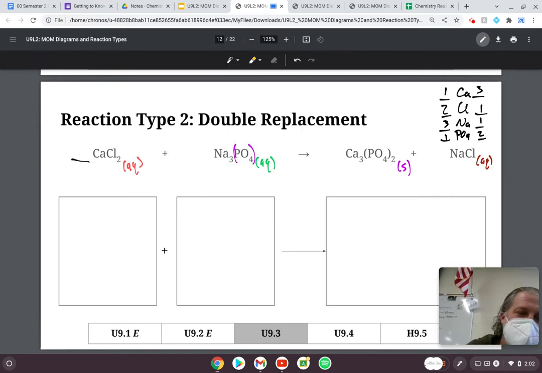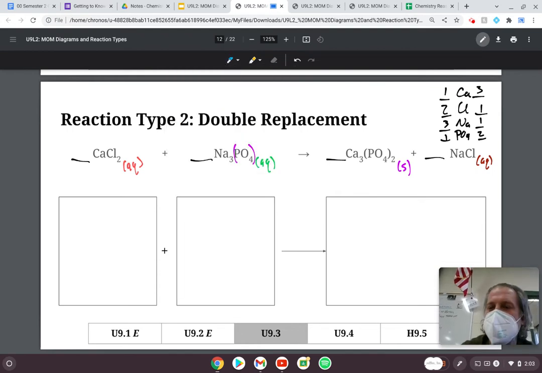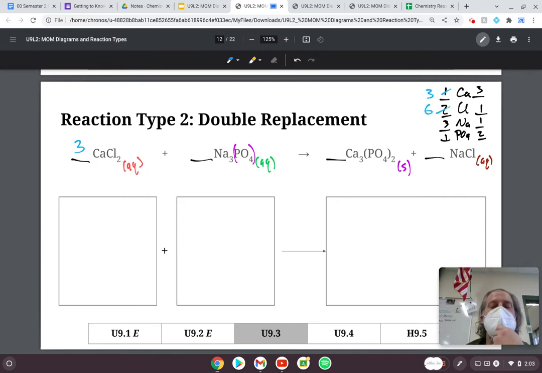So there is going to be some balancing work we're going to have to do here. And now I'm going to go and start my balancing process. I see that the number of calciums on the left side is 1. The number of calciums on the right side is 3. So I'm going to add a coefficient of 3 here, which will give me 3 calciums, but it will also give me 6 chlorines. I need to make my chlorines balance, so I'm going to put a coefficient of 6 here,